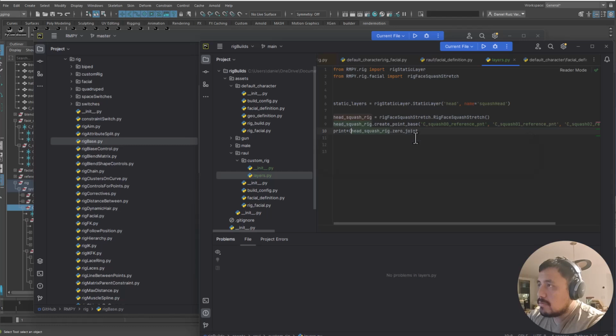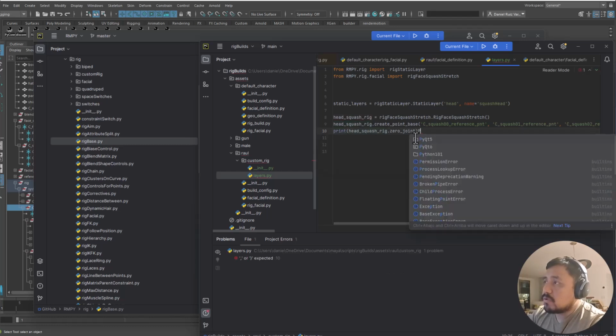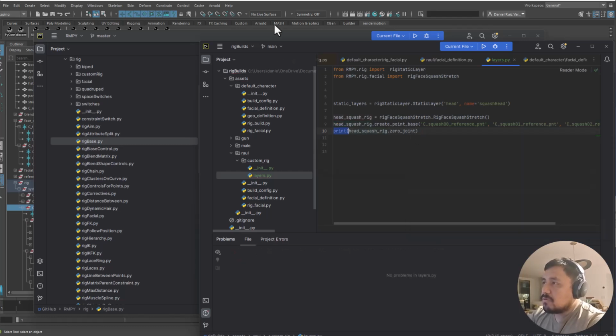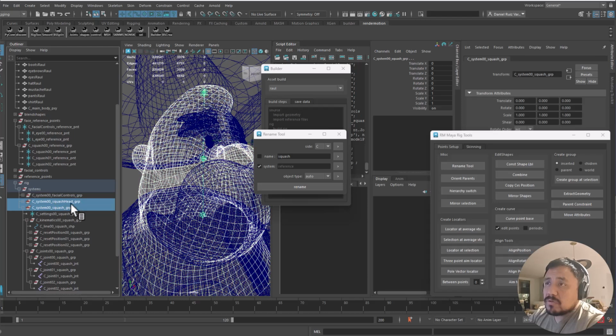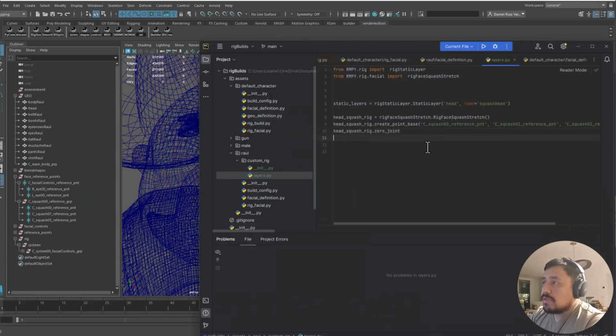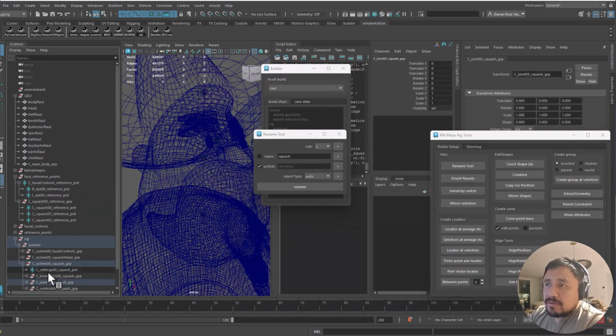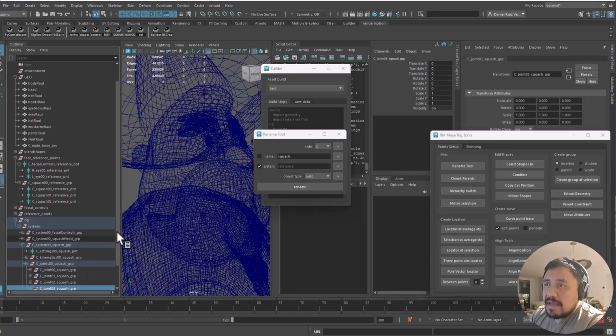Print zero joint, and just by calling it, it's going to be created. Actually, I could just call it like this and it's going to be created, right? That line apparently is not doing anything, but it's going to make the zero joint creation. Let's do it. And you can see here how I got now a